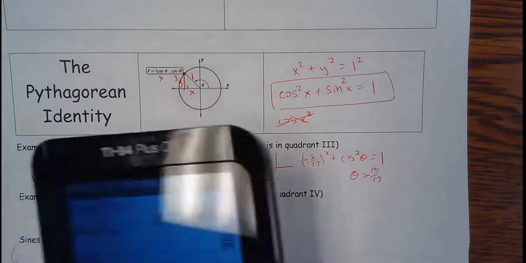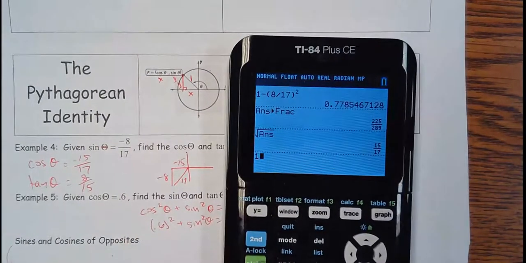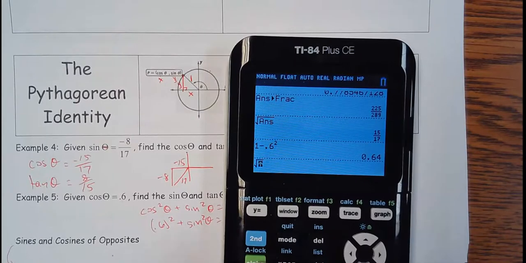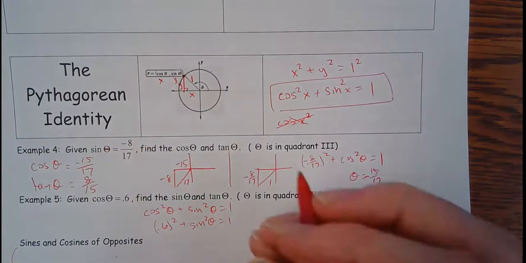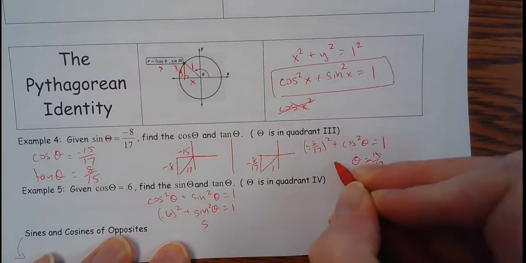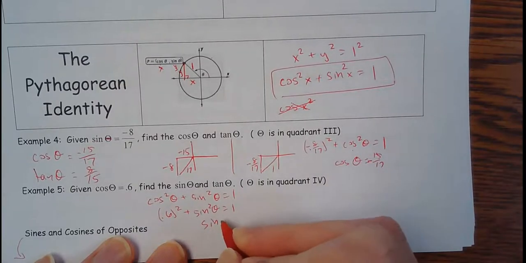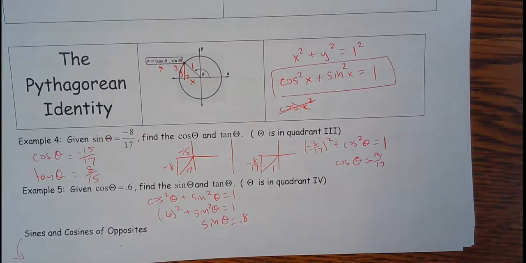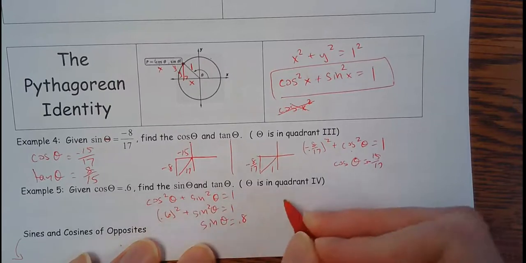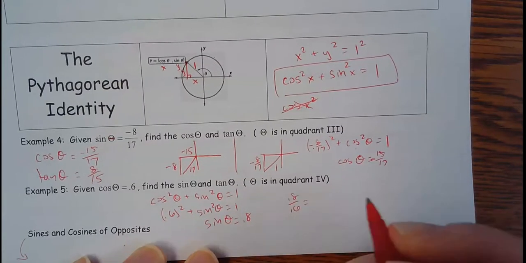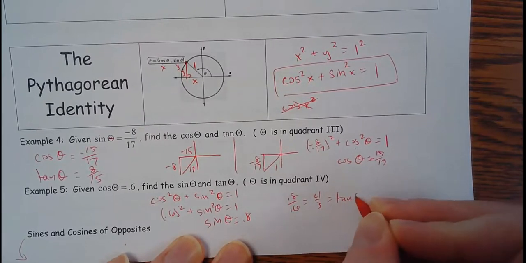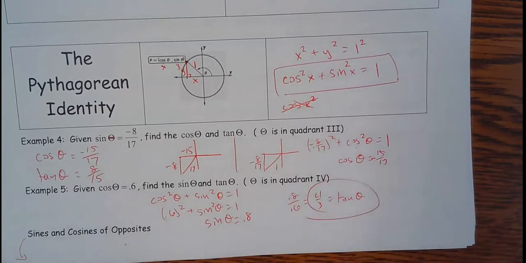So on my calculator, I could take 1 minus 0.6 squared, take the square root, I get 0.8, so that means sine theta equals 0.8. So then if I want to find the tangent ratio, it would just be sine over cosine. So 0.8 over 0.6, and that would be 4/3 if I do some reducing, so that equals the tangent. I just did the whole thing